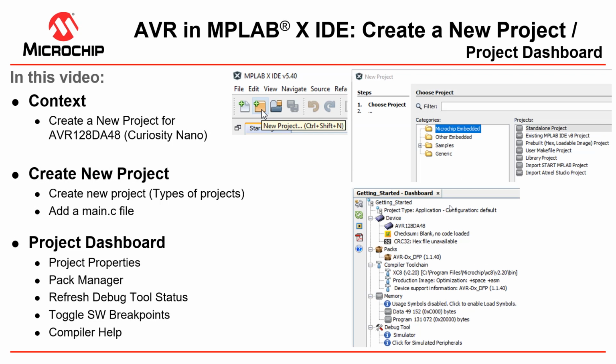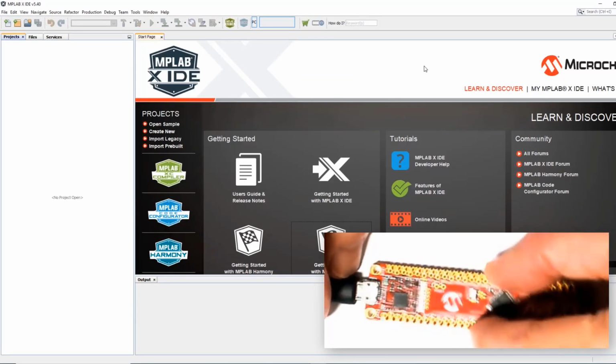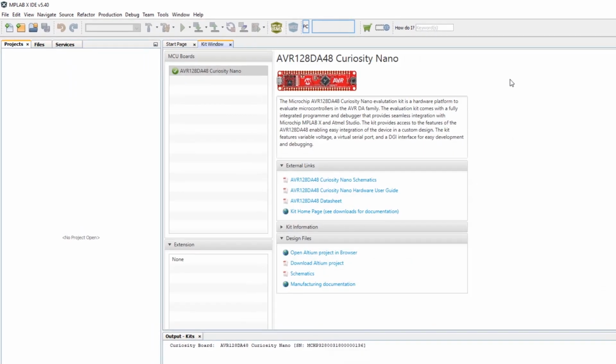So here we're going to cover some of the different types of projects. Then we're going to look at the project dashboard, because this is where you will remake or change some of the decisions that you make in the new project wizard. So in MPLAB X IDE, I plug in my kit. So what I'm going to take from the output window here is just copy the part number,